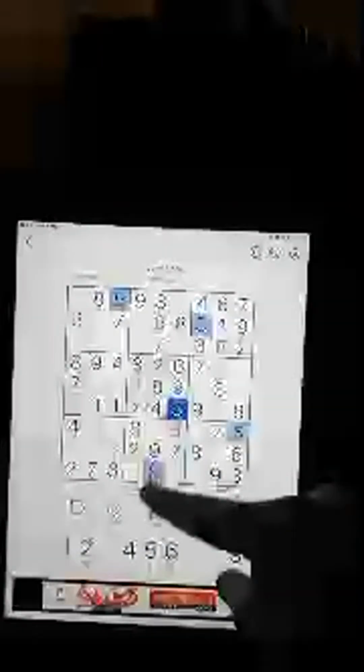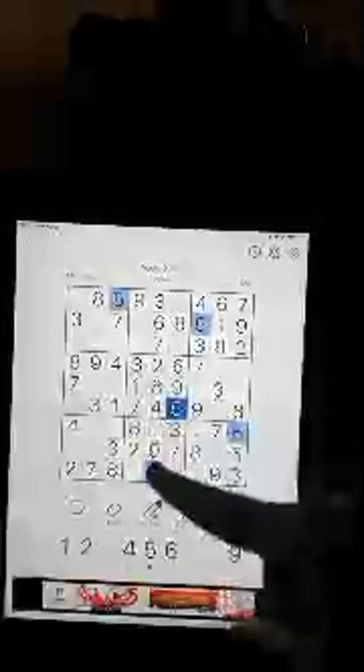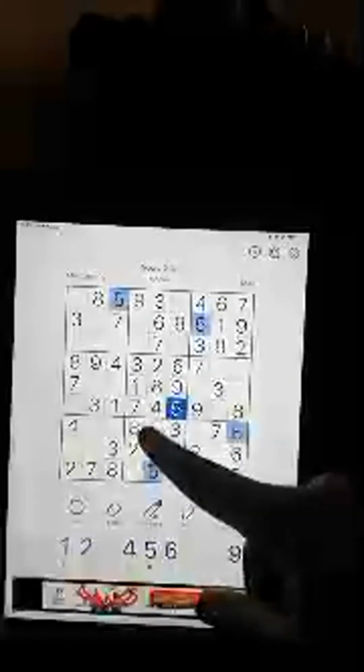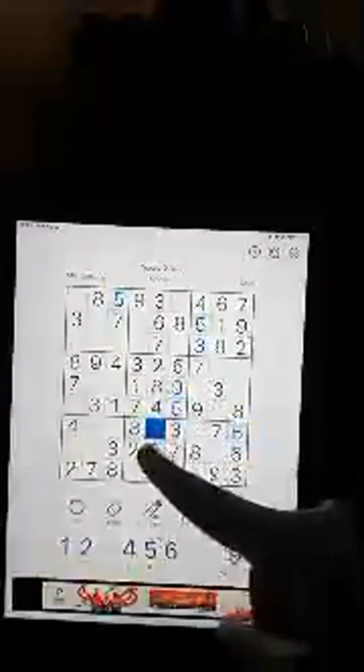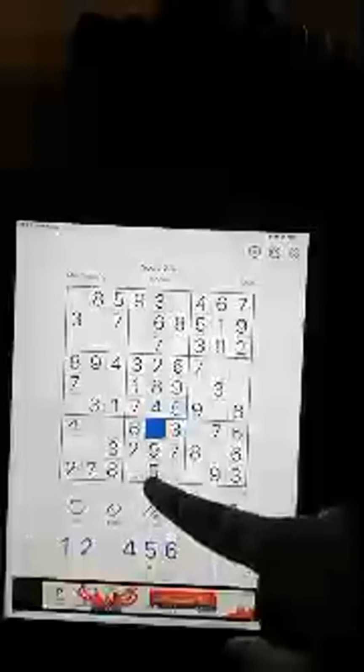So let's go to number 1. So definitely it's not number 4 because we have a 4 on this column here and there's no repetition. So I feel like this is number 1